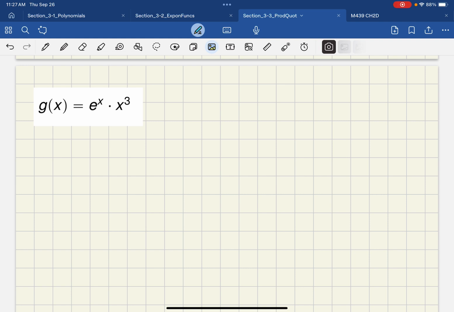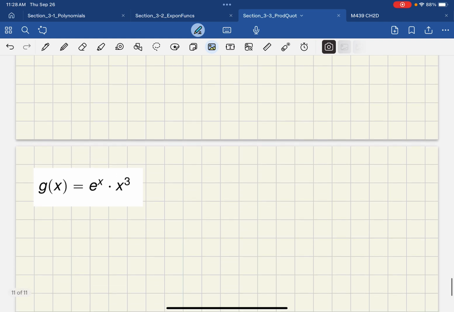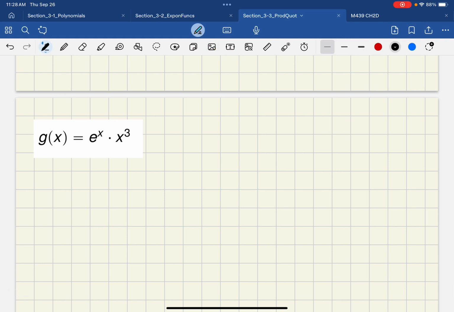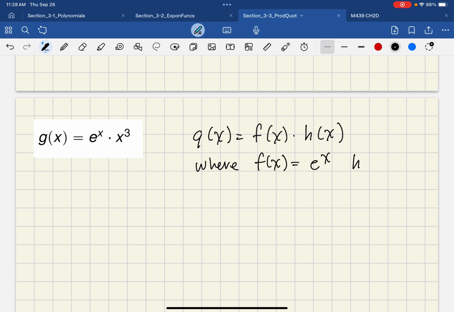So here we can think of g of x as the product of two functions. Let's say f of x times h of x, where f of x is equal to e to the x and h of x is equal to x to the third. And so by the product rule, we have